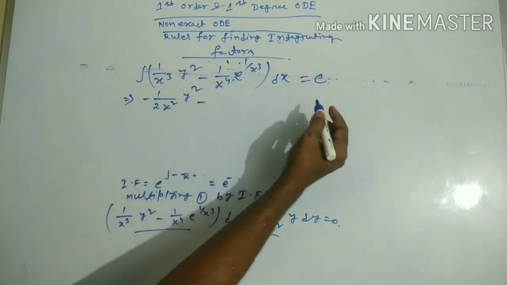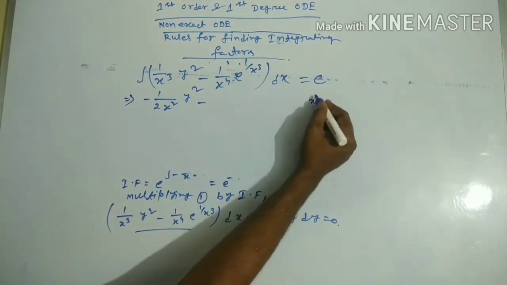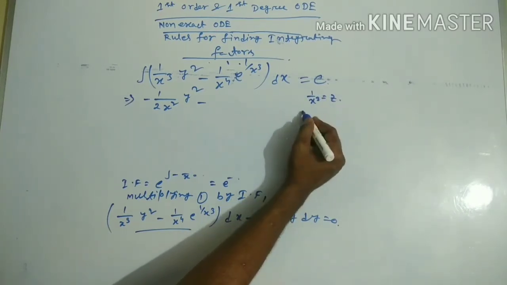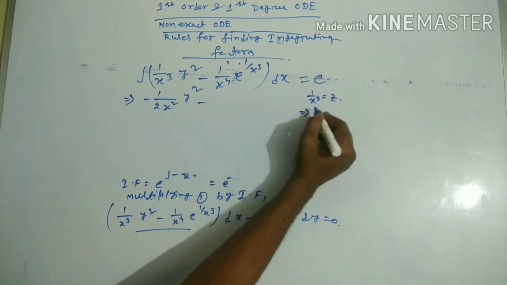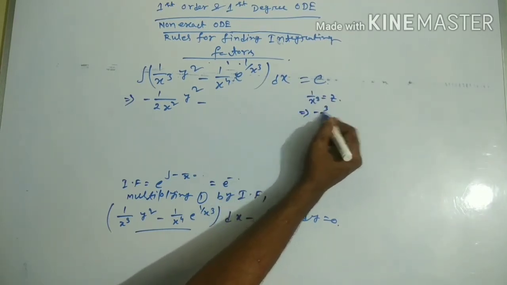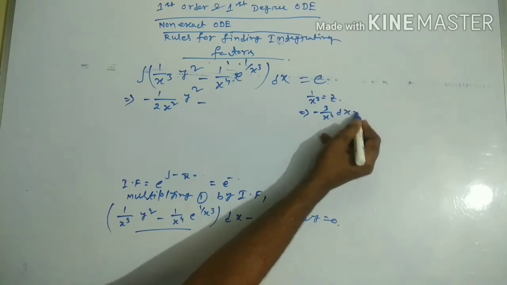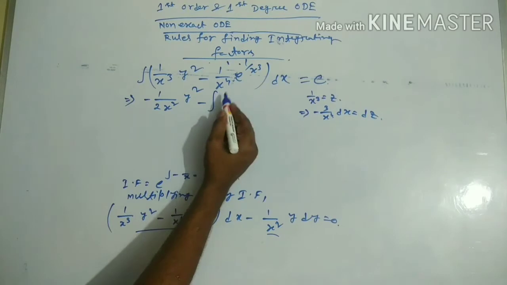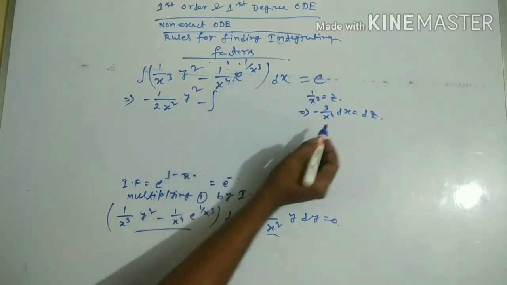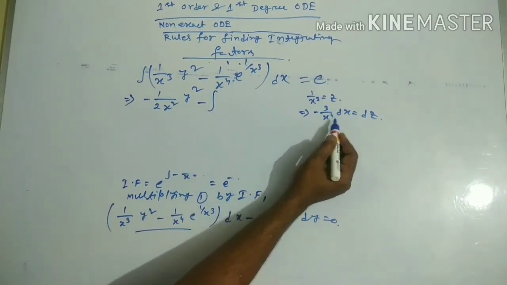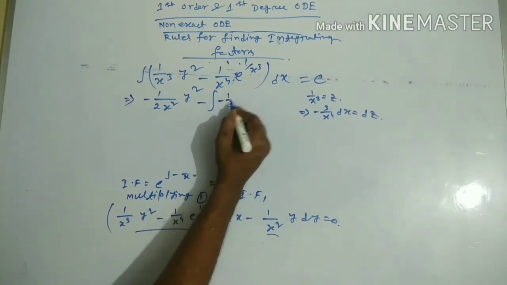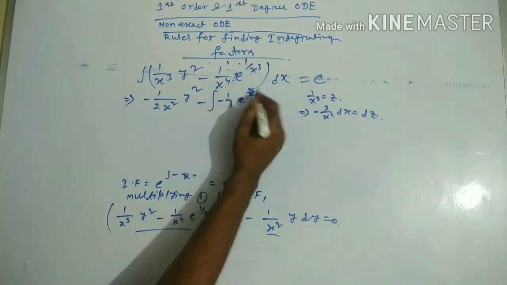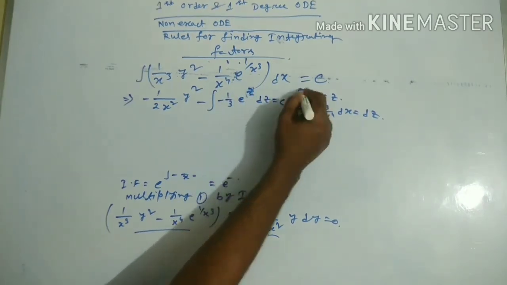This will be minus 3 plus 1, that is minus 1 by 2x square y square minus, so for this integration I am substituting 1 by x cube by z. So differentiating both sides, minus 3 by x to the power 4 dx equal to dz. So this will be 1 by x to the power 4 dx will be substituted by minus 1 by 3 e to the power z dz equal to c,